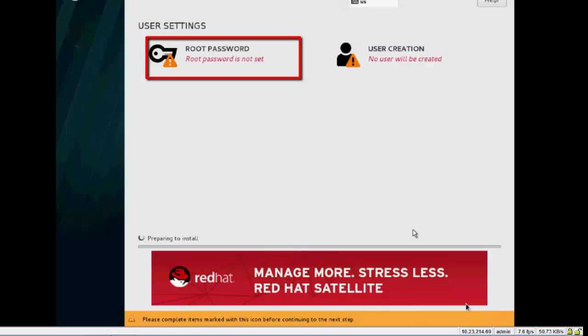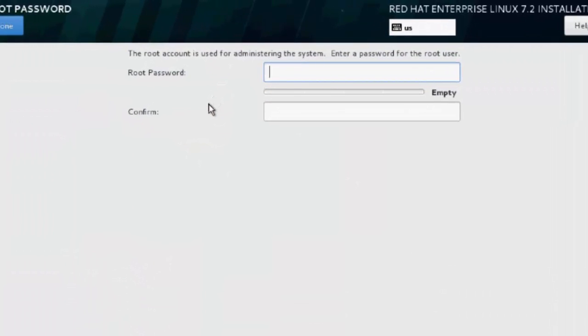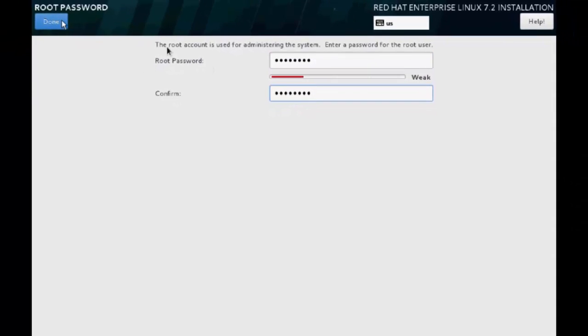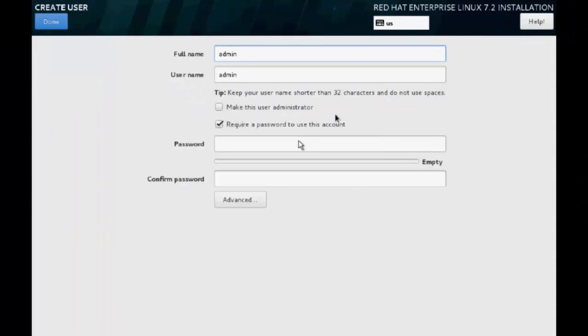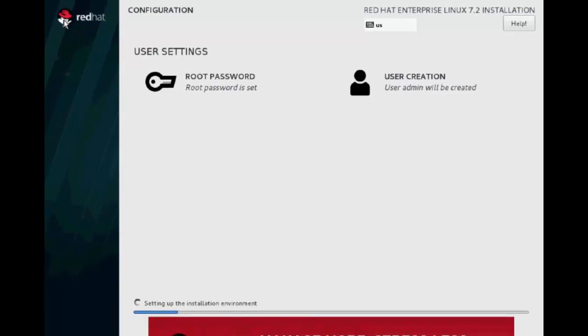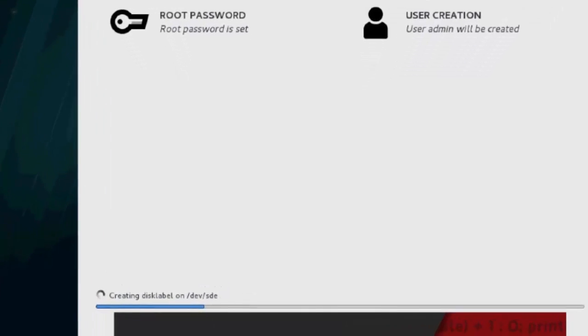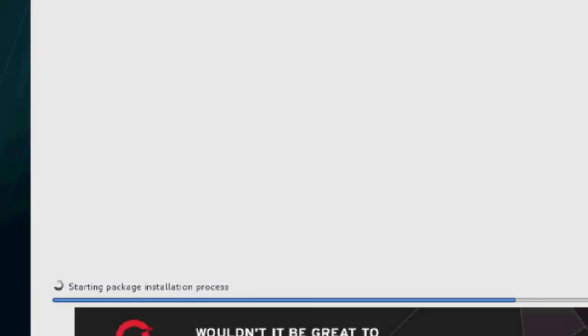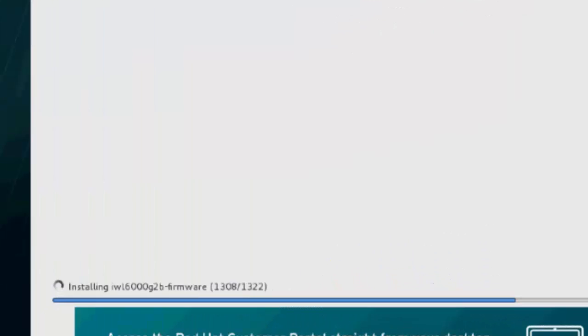The installation is starting, and meanwhile you can do some tasks like we're showing, choosing the root password and adding a non-root user while the installation is actually running. This is a little different from CentOS Red Hat 6, so you could do this at your leisure. Okay, you can see it says it's partitioning. The disk happens to be dev sde, which is the SAN LUN that I've chosen, and making the file systems. It'll start the package installation, and we'll fast forward near the end of the 1322 packages in this example